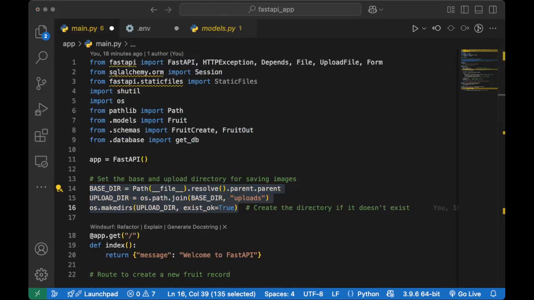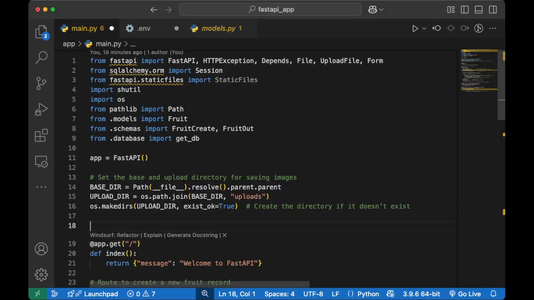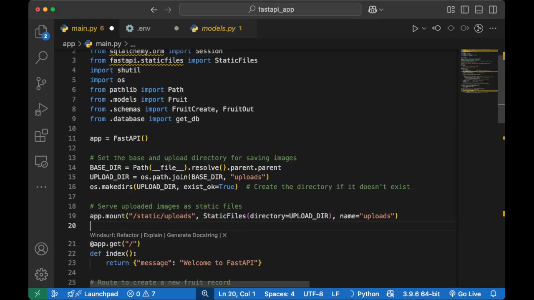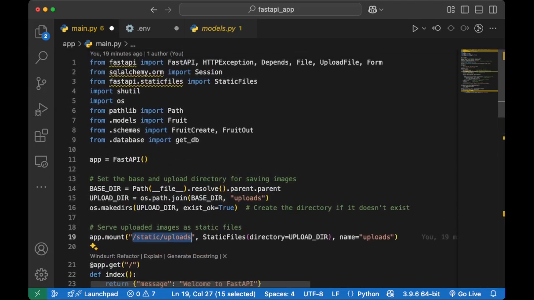So next is, I'm just going to add this now, but we will need this later on when we are going to fetch images. This one, we're going to mount the folder that we're going to create as slash static uploads. This will allow us to access the image from the Flutter via this path, the localhost 8000 slash static slash upload, and then the file name. We're going to use that later on. And let me just check if we have to import. Yeah, we need to